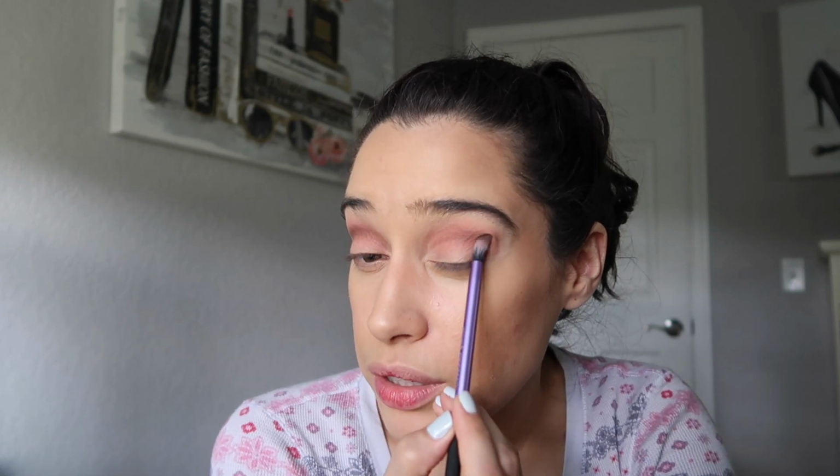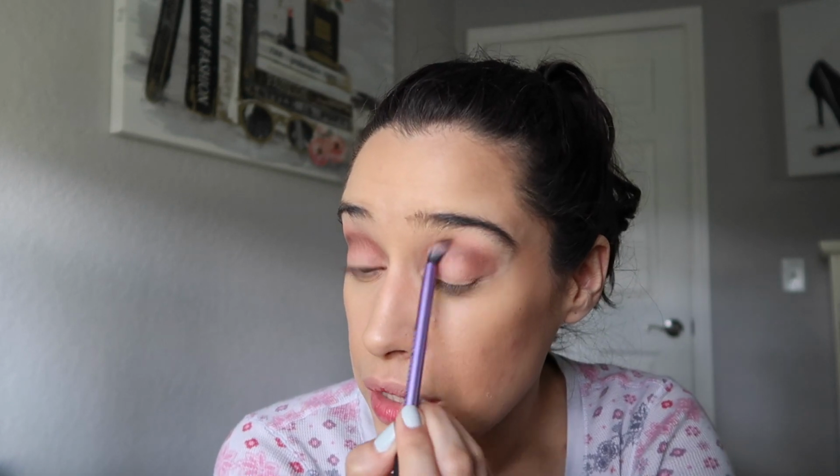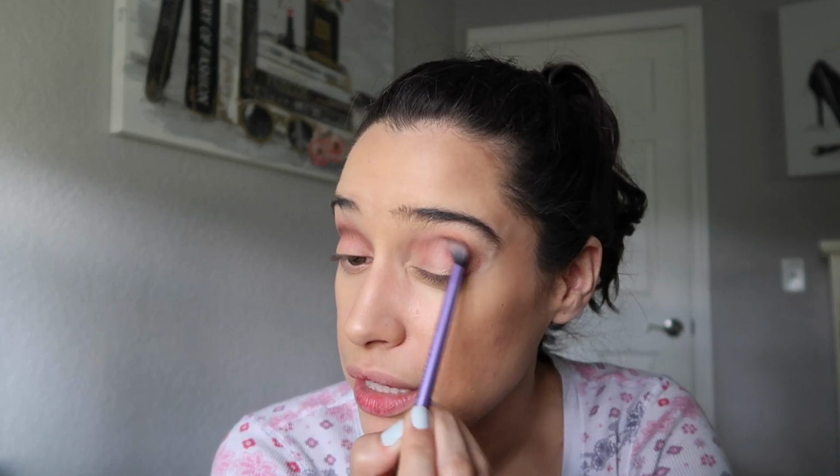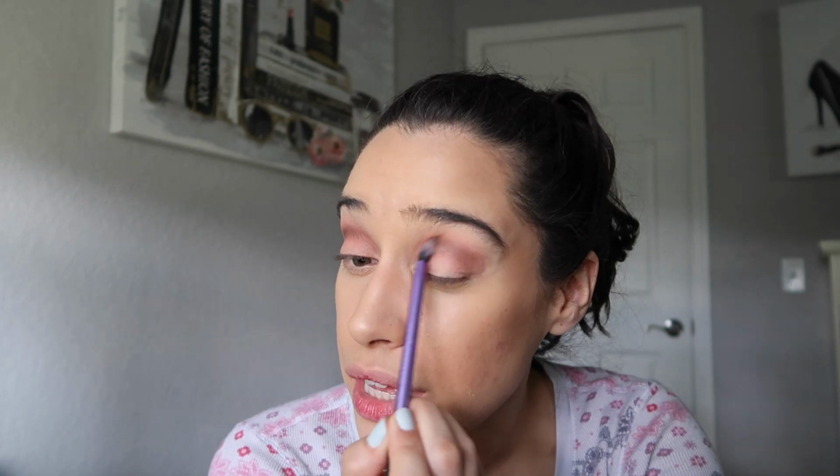That was not the case. They decided to come out with this 5-pan and expand the collection. From what I've been told, this palette is part of the permanent collection. It's not going anywhere, so that's a good thing because it is a nice palette. However, I really did want one of the 9-pan eyeshadow palettes to come out. I think they should have done both. It's just my opinion. But hey,